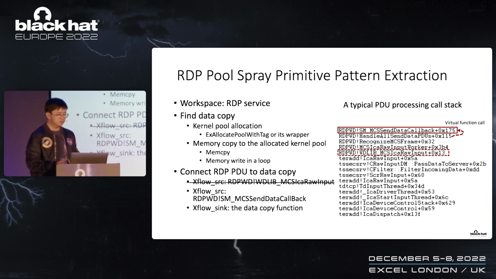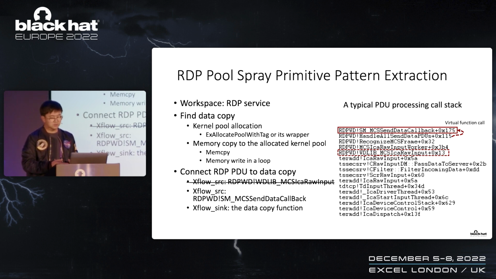The first step is to find the data copy. To do that, we will first search for kernel pool allocation and then find the memory copy to the just allocated kernel pool. There are 2 ways for that purpose: memory copy API and memory write in a loop. Besides, we also need to figure out which PDU can lead to the data copy. For this purpose, we have the X-reference handler to find the call path from the RDP PDU data processing function to